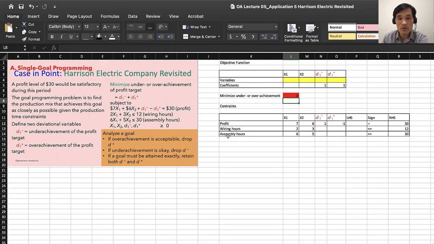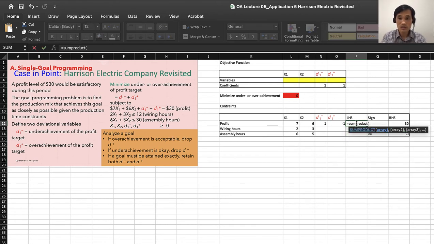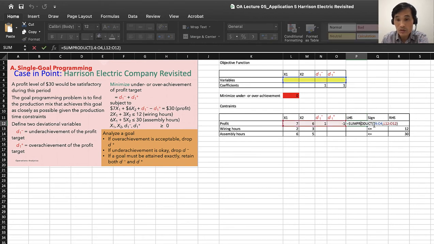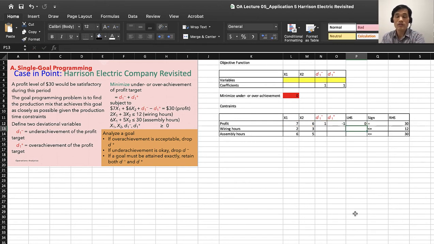And we have also three constraints, and we can easily calculate the sum product of these changing cells times the coefficient, and we want to fix this coefficient, then we have that, and then you can just scroll it down and copy it down. You have the result, and you are ready to run your